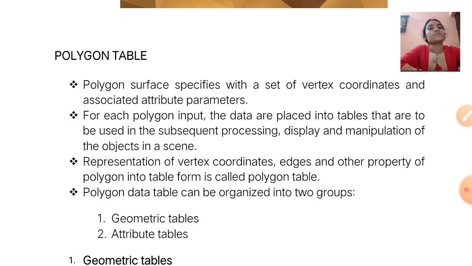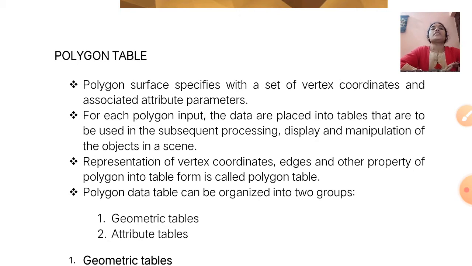A polygon surface is specified with a set of vertex coordinates and associated attribute parameters. For each polygon input, the data are placed into tables that are to be used in subsequent processing, display and manipulation of the objects in a scene.